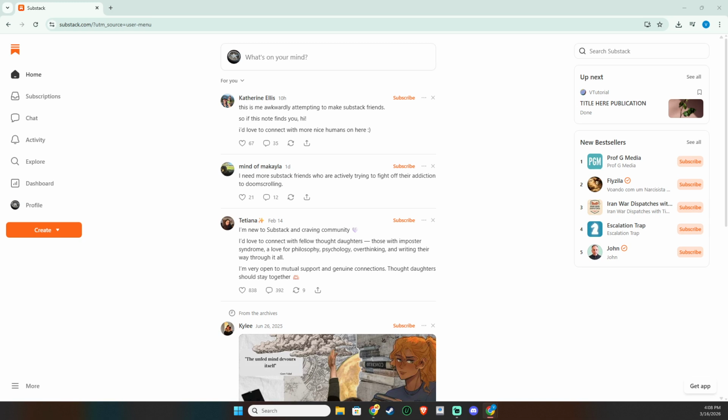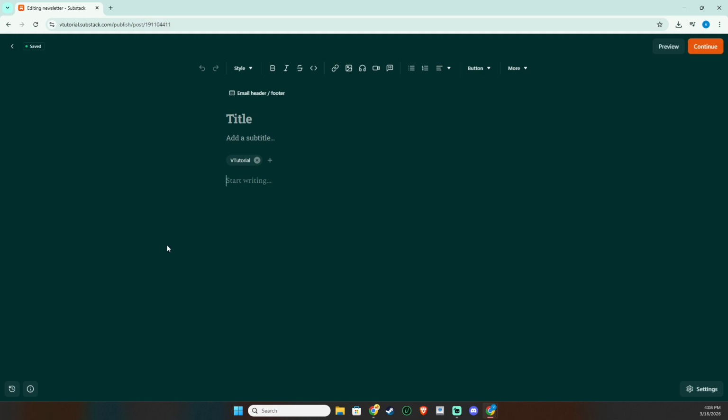Start by opening Substack. This takes you to the place where you write and manage your posts. Once you're in, look for the Create button. It's the quick way to start something new. Click Create, and then choose Article. This opens the standard post editor, which is where most of your writing happens and where your formatting tools are